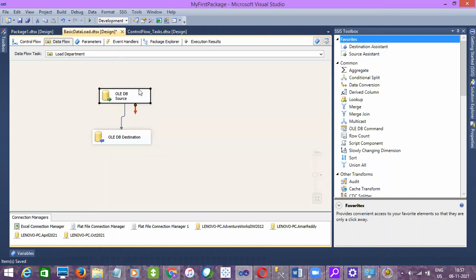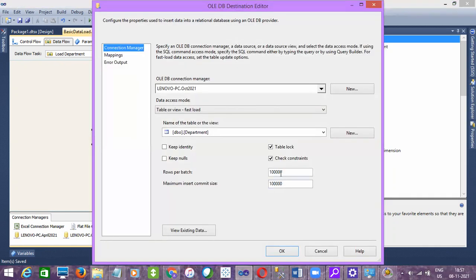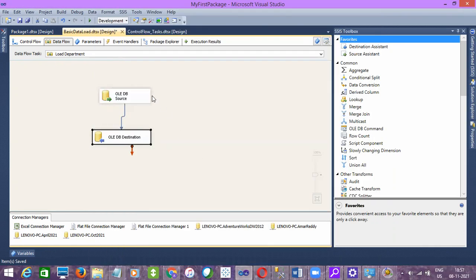If you set 1 lakh, not exactly 1 lakh records will get inserted. It may insert up to 90 to 95,000. But if you did not set this option to 1 lakh, at a time only 10,000 rows will be picked from here and loaded, pick 10,000 and load it, right? So if you set this option to 1 lakh, you can fetch 1 lakh records at a time from the source, which is 10 times faster than usual, right?